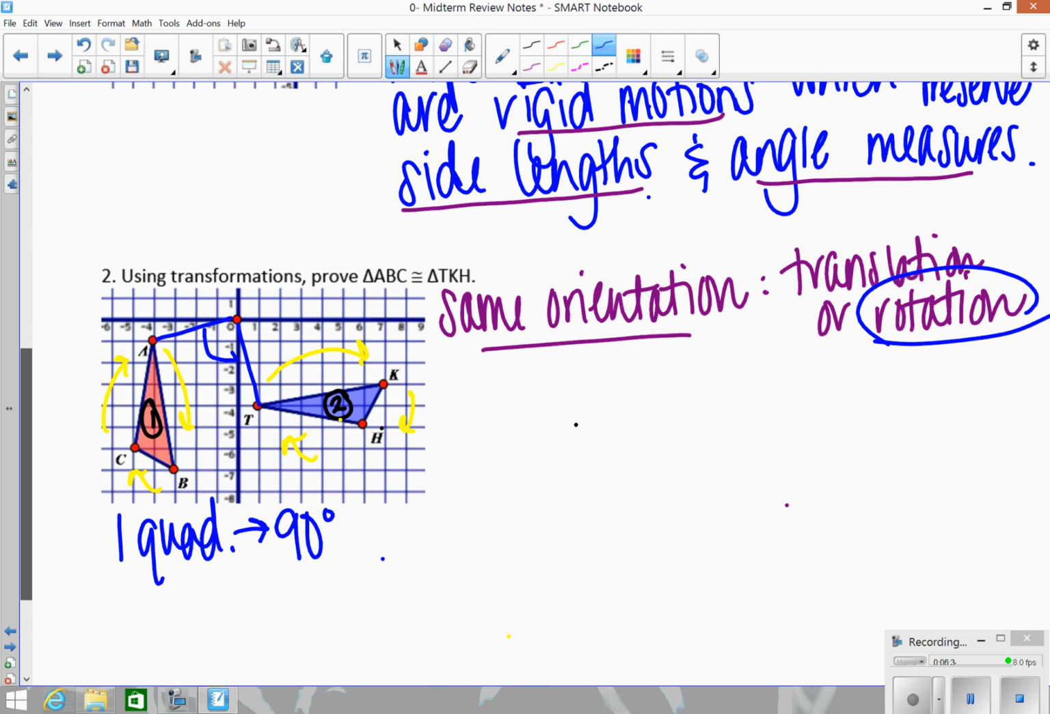My rotation is going to be in a counterclockwise position. So 90 degrees counterclockwise, and it's centered at (0, 0). So I just need to make sure I mention that. Now, if you can't find the center, though, then you'd have to do the perpendicular bisectors and see where those cross. So I can now say that the triangles are congruent